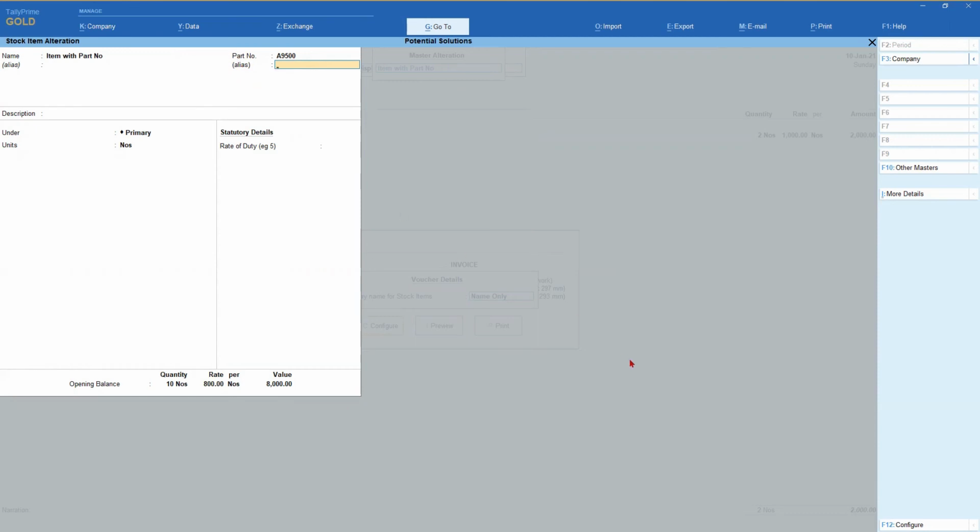So this way you can have multiple aliases for stock item, and also you can have multiple aliases for part number also. The other advantage is, supposing, let us say you have a stock item whose name is quite long or big. In that case, Tally also provides option for barcode scanning, right? But then with some customization in Tally, you can also do barcode printing.